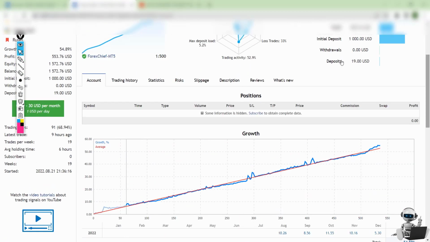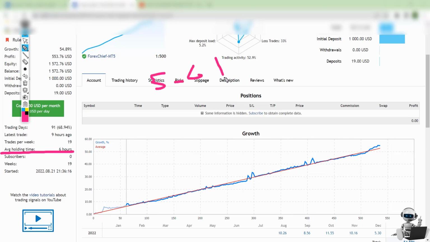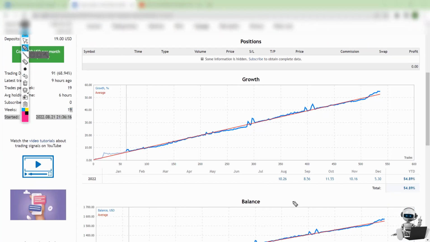With $1,000 he made $500 profit, so half of his money he made as profit. And another thing which is very nice, the average holding time is only 6 hours, so even though it is a daily candle scalper, you will not wait for days to close your trade. It will be only 5 maybe to 6 hours maximum. This is a good advantage. And for the table, you can see we have some impressive results, 10%, 8, 11, 10. Yes, it is not that huge a profit, but at least he is making profit continuously, and it is consistent, so that is the key and important.